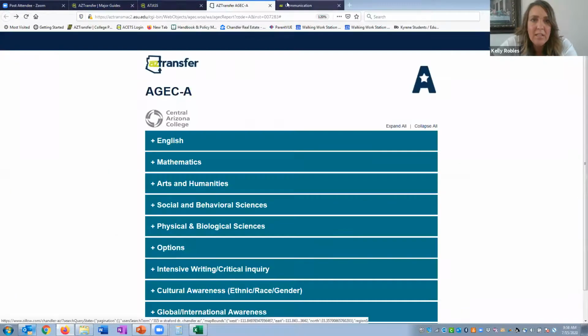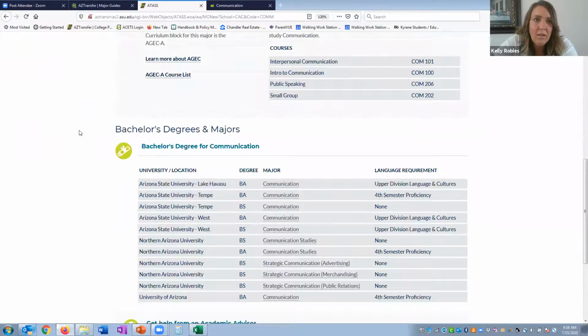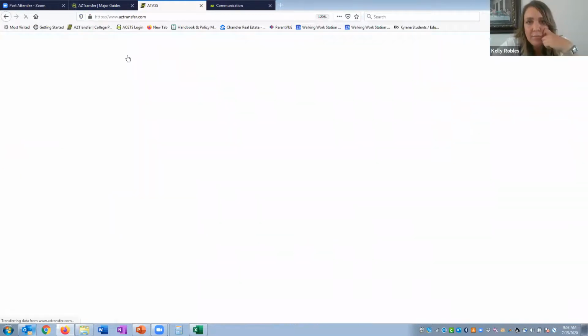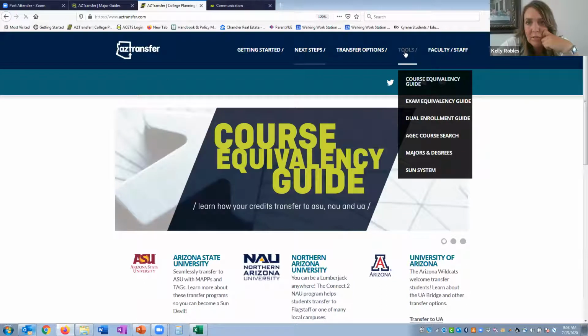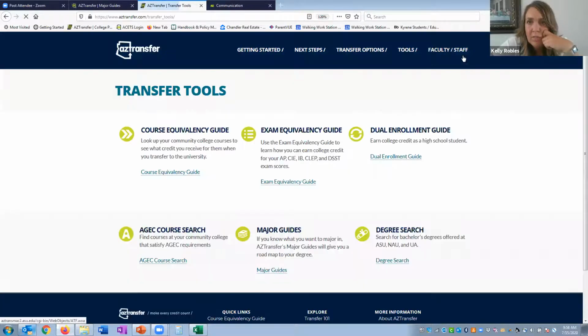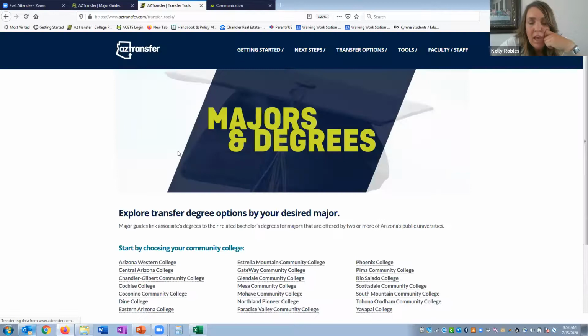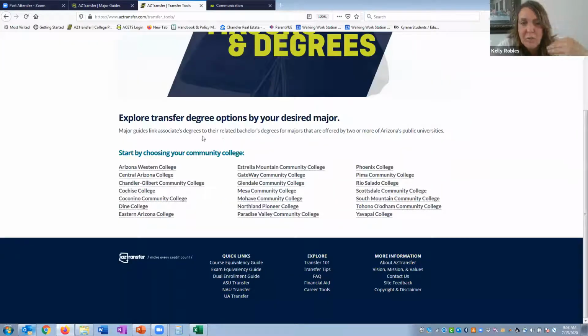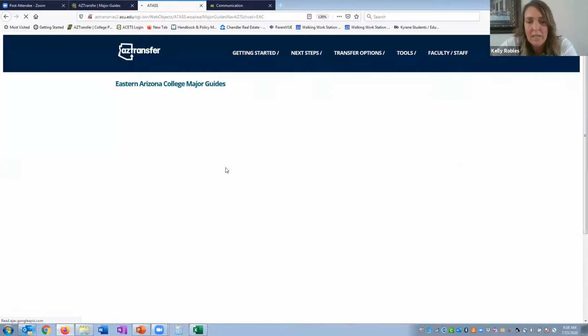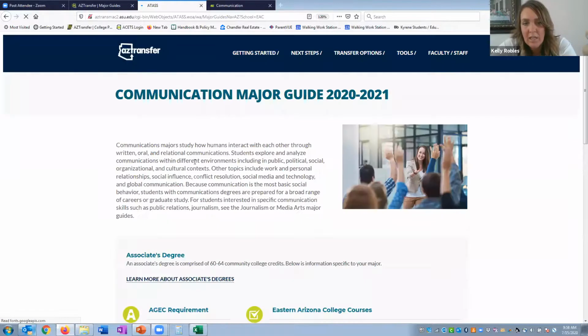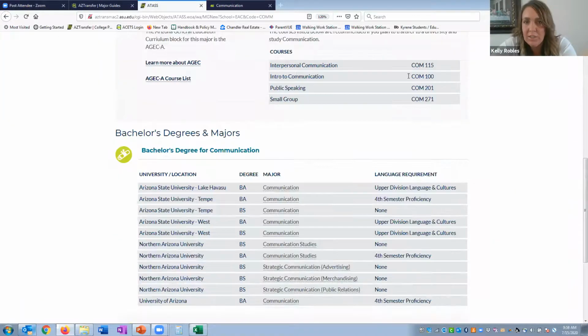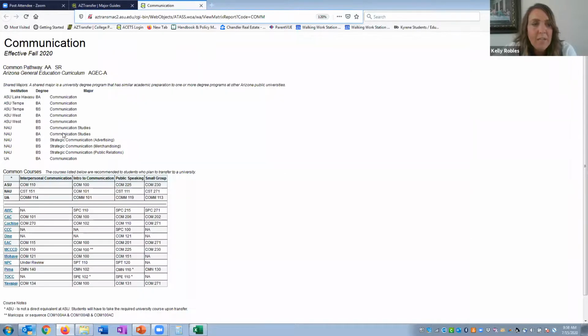you access that is coming to, scroll to the top, AZTransfer, go to tools. I really wish this bar would be somewhere else because it's not my favorite. Go to major guides. And then it's specific to an institution. It's really from a student experiential lens, and then picking any discipline and showing them what it looks like. So you can see Eastern Arizona College, it's numbered differently, but the frames of everything are the same. Again, that's something just so you have that little bit of knowledge, but we're gonna come back to this Common